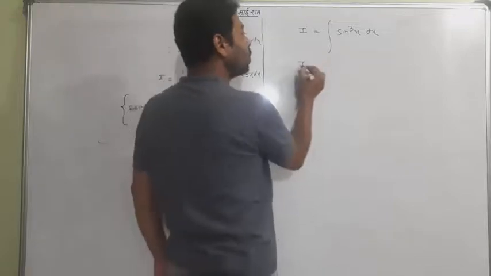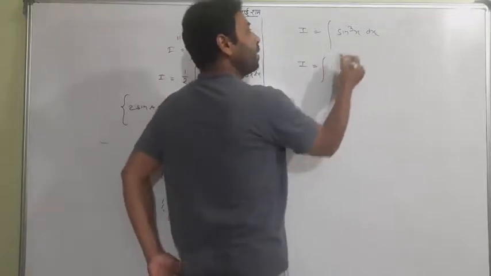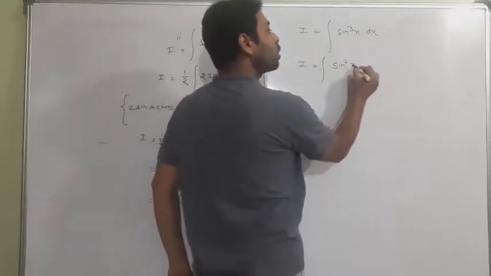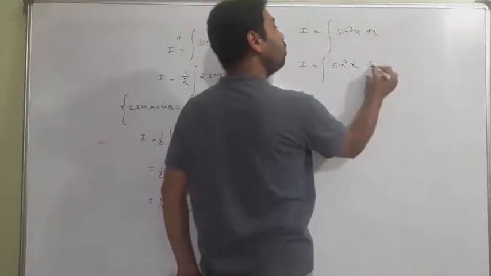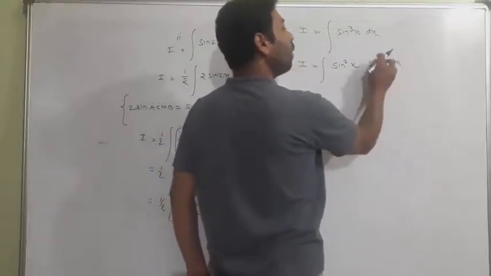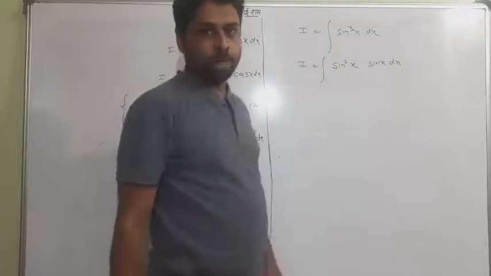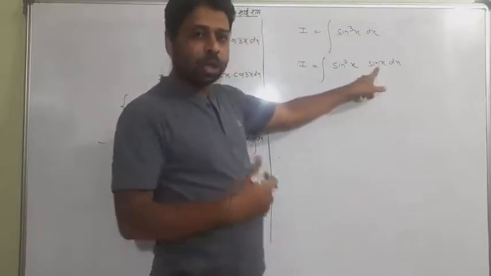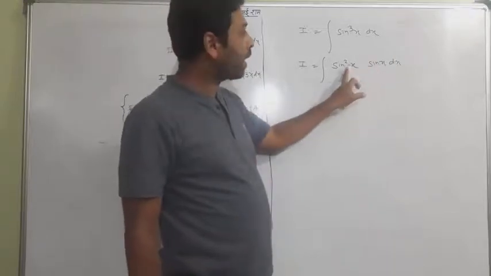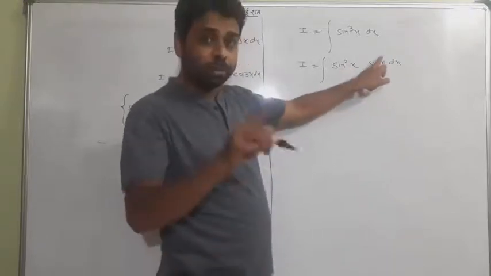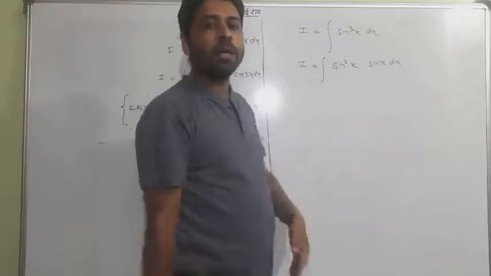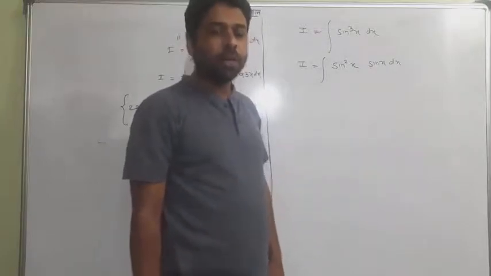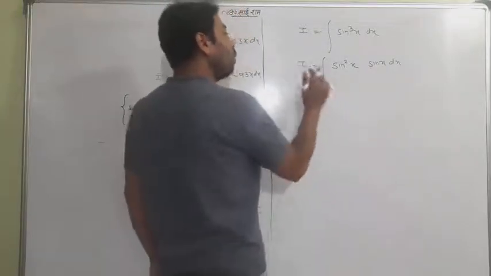So let me tell you this question. It's sine cube x, na? So you first separate sine cube into different powers, one power and the rest. You only separate sine cube x into two different terms, like sine square x and sine to the power 1, meaning sine to the power 1 x is the necessary part which we need. Okay, now what to do?